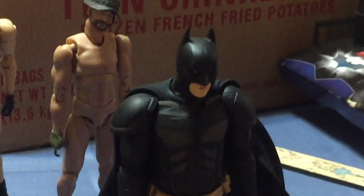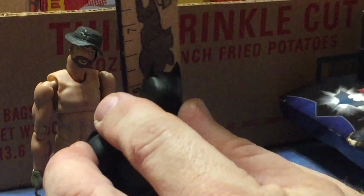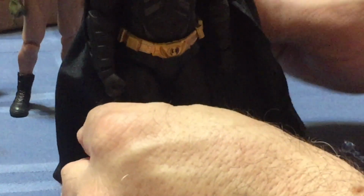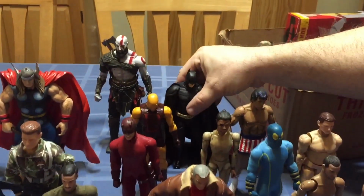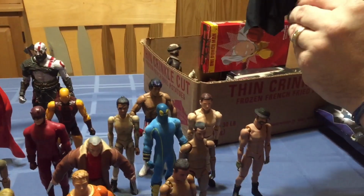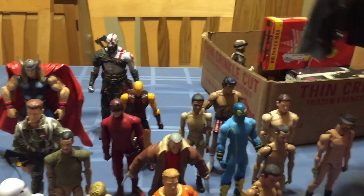If you haven't seen this figure before, a fantastic figure. And he comes in at almost 6.5 inches. So, I'll put him back here. So he fits in super well with other superheroes. And I do like the fact that he's taller than an average guy. I don't know if he's going to stand, but...